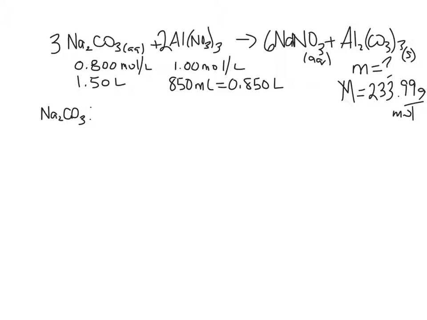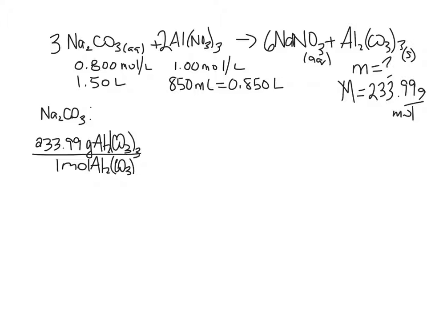We start with a mass of aluminum carbonate. So molar mass of aluminum carbonate. I think I should have picked compounds without polyatomic ions for this one. Okay,